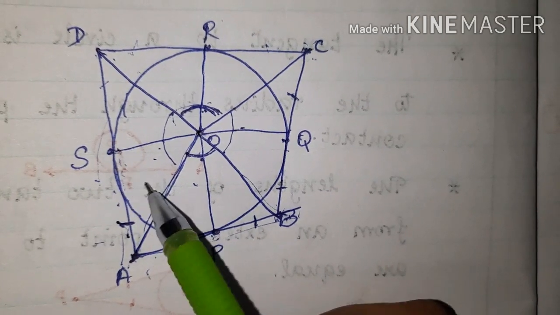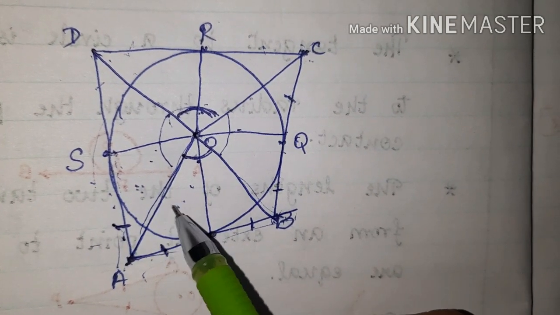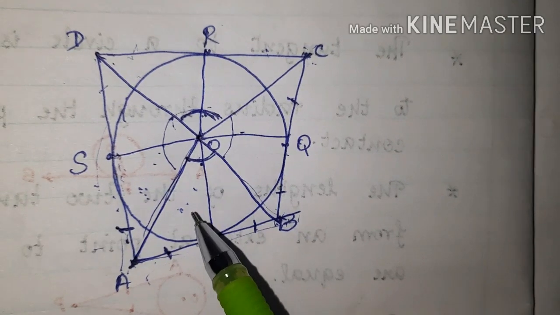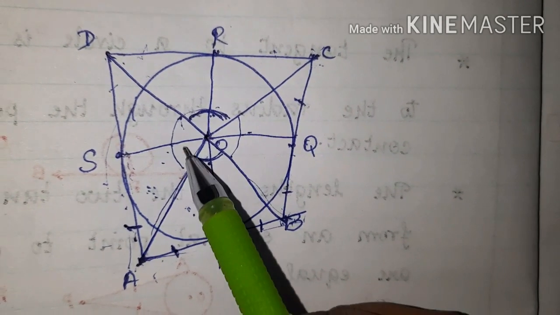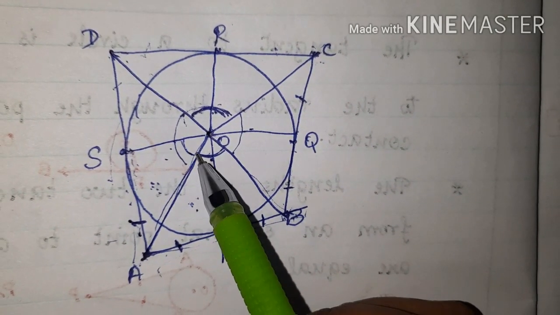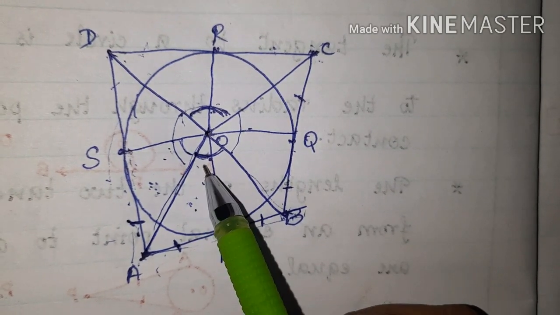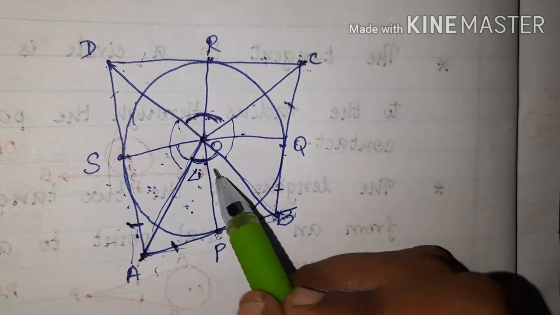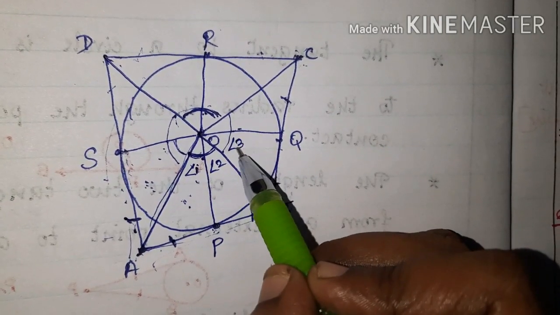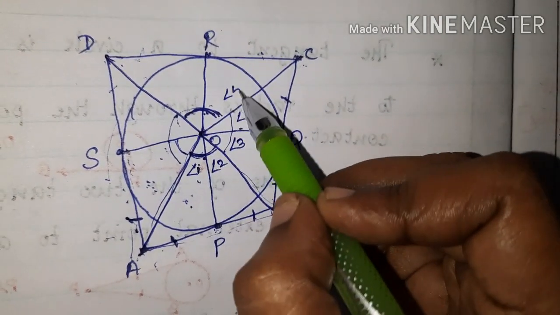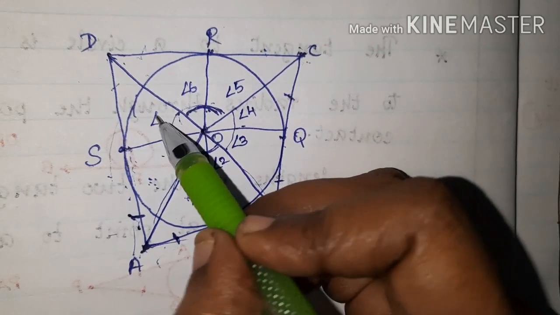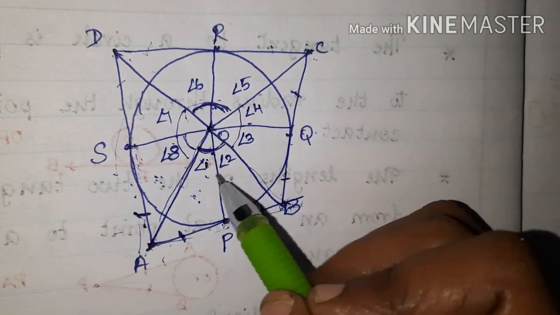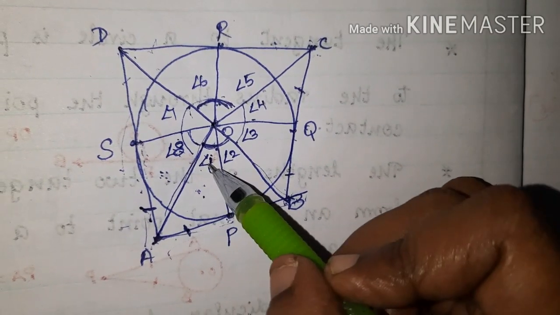Okay, so what happens here, these 2 tangents are equal, no? So let me take these 2 triangles and prove they are congruent. When they are congruent, by CPCT I can say the angles included here will be equal. So for that I am going to number the angles: angle 1, angle 2, angle 3, angle 4, angle 5, angle 6, angle 7 and angle 8. Okay, so these 2 angles will become equal.